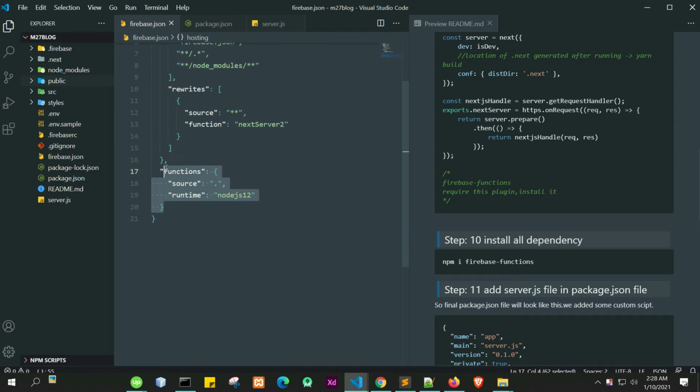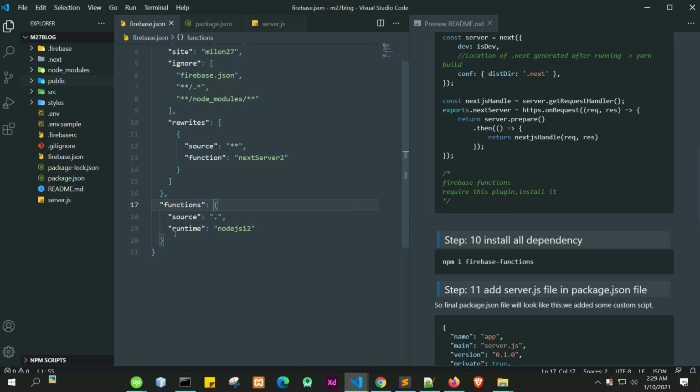After that this is the function configuration. As you know, we did the Firebase function manually here, so that's why we keep the source as a dot, which actually means the current directory. If we do firebase init, there will be two folders.